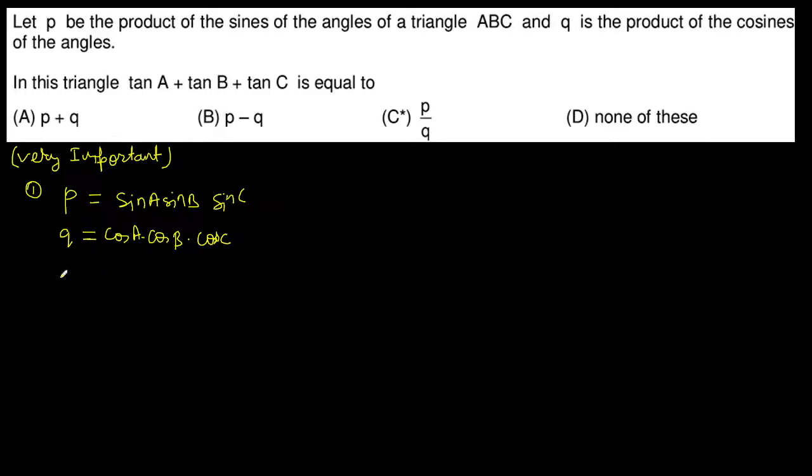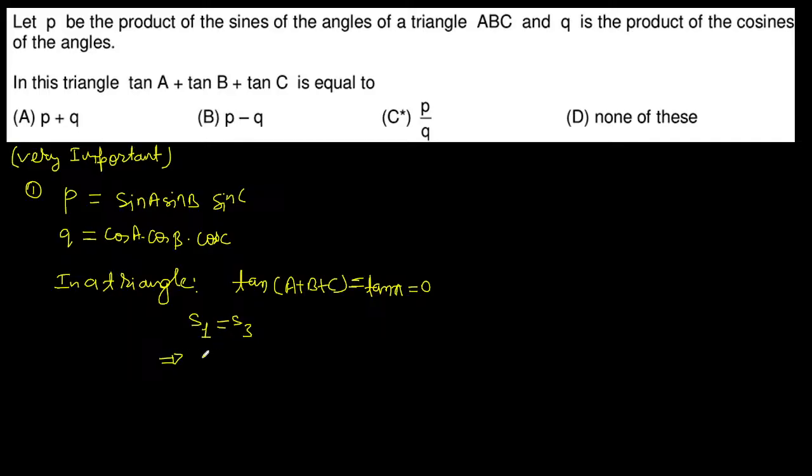तो हम लोग को पता है कि in a triangle tan(A+B+C) is tan π equal to 0। तो हमें पता है कि S1 will be equal to S3। तो S1 हो गया summation of tan A plus tan B plus tan C, उसको हम लोग summation of tan A लिख देते हैं। ये होगा product of tan A tan B tan C, ये हो गया इसका मतलब। तो हमें ये तो पता है कि ये P by Q हो गया, easily हो गया।